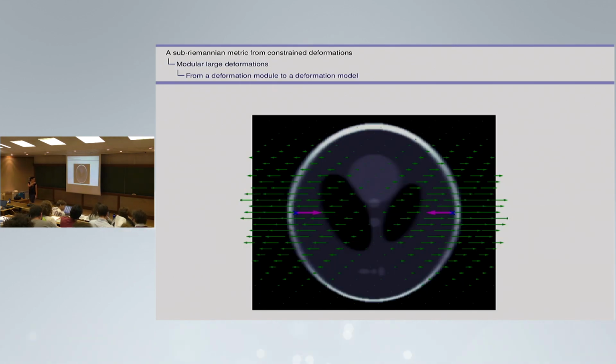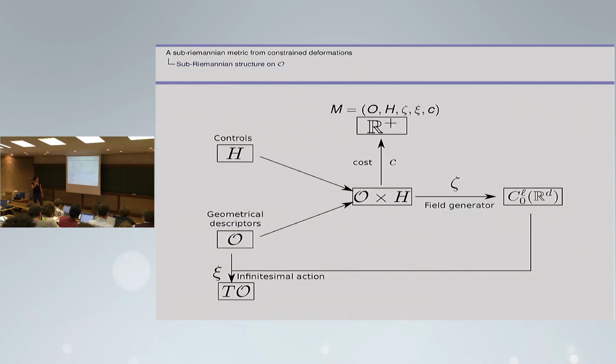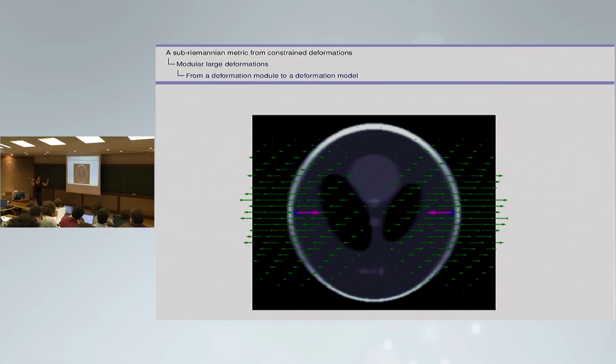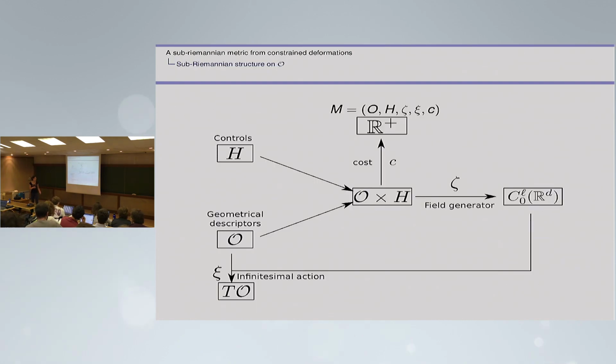In these trajectories, the 2 points here, as I said, are only following a trajectory. The only speed that they can have is the application on themselves of the field that they can generate. So they cannot go everywhere they want. Like here, they have to go like that. You cannot have any kind of behavior. And it means that you only allow a certain subspace in the tangent space. And in fact, you build a sub-Riemannian structure on your space of geometrical descriptor.